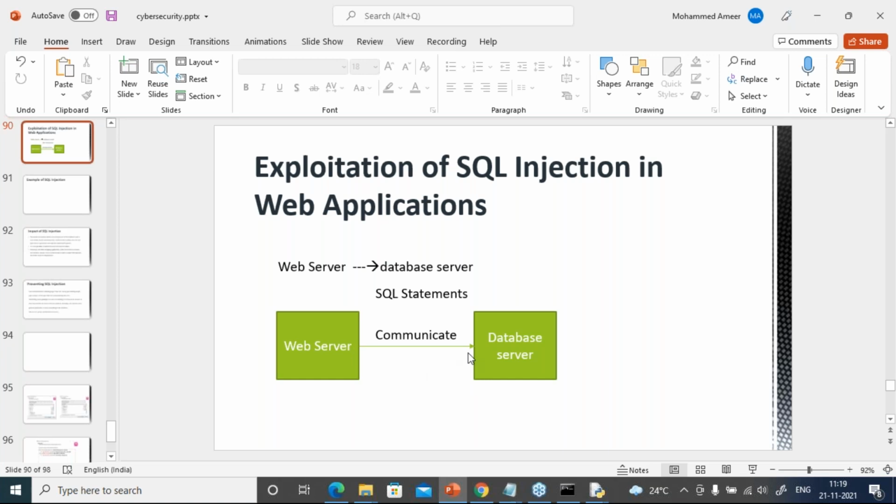So when they are communicating, during that time only, what will happen? SQL statements are sent by the attackers so that they can get the information. So it compromises the security of a web application. Clear? This point is clear to everyone? If you want, I'll add that point also. SQL statements by the attackers